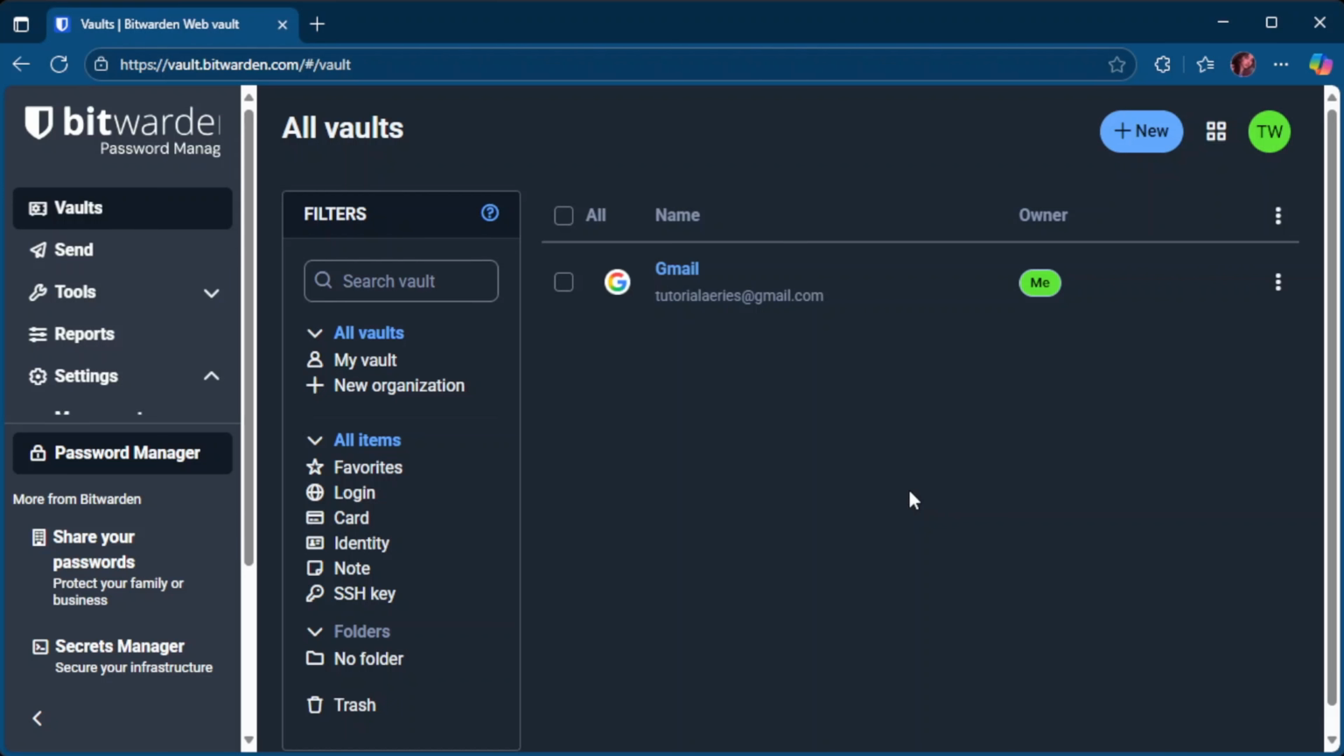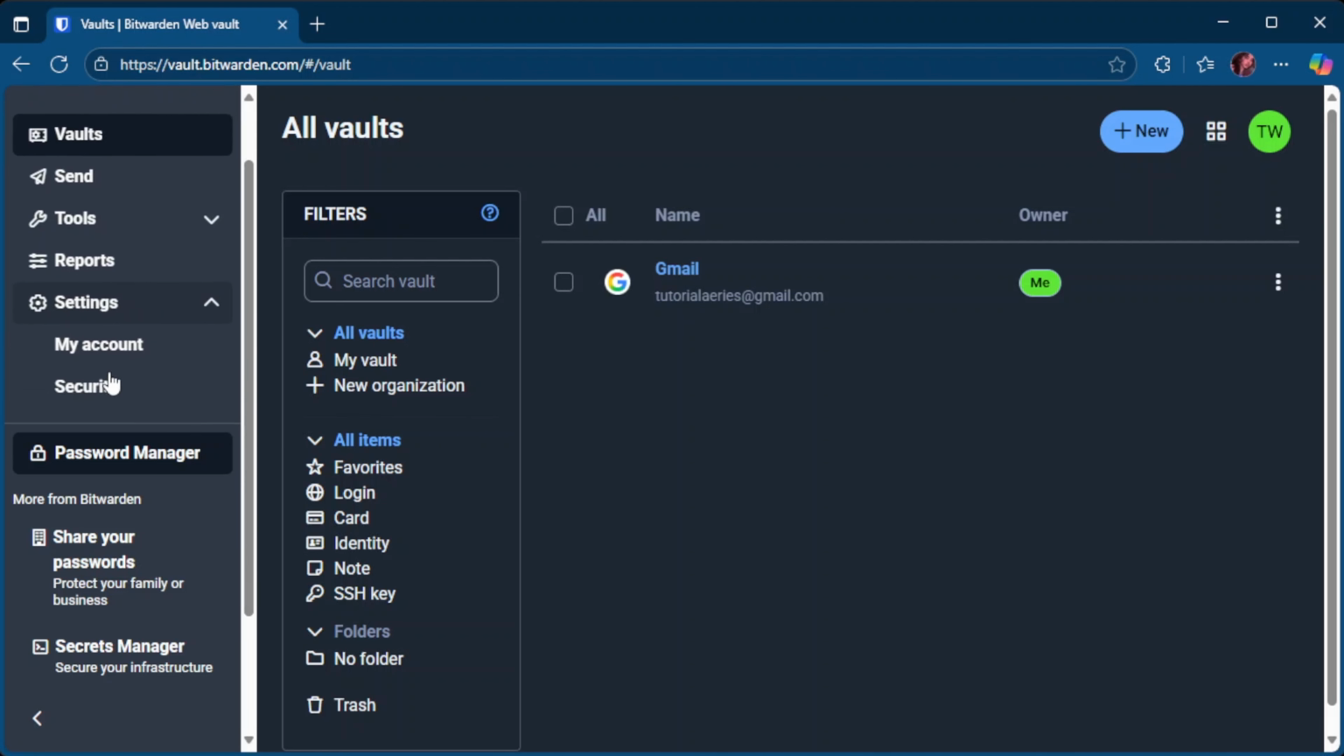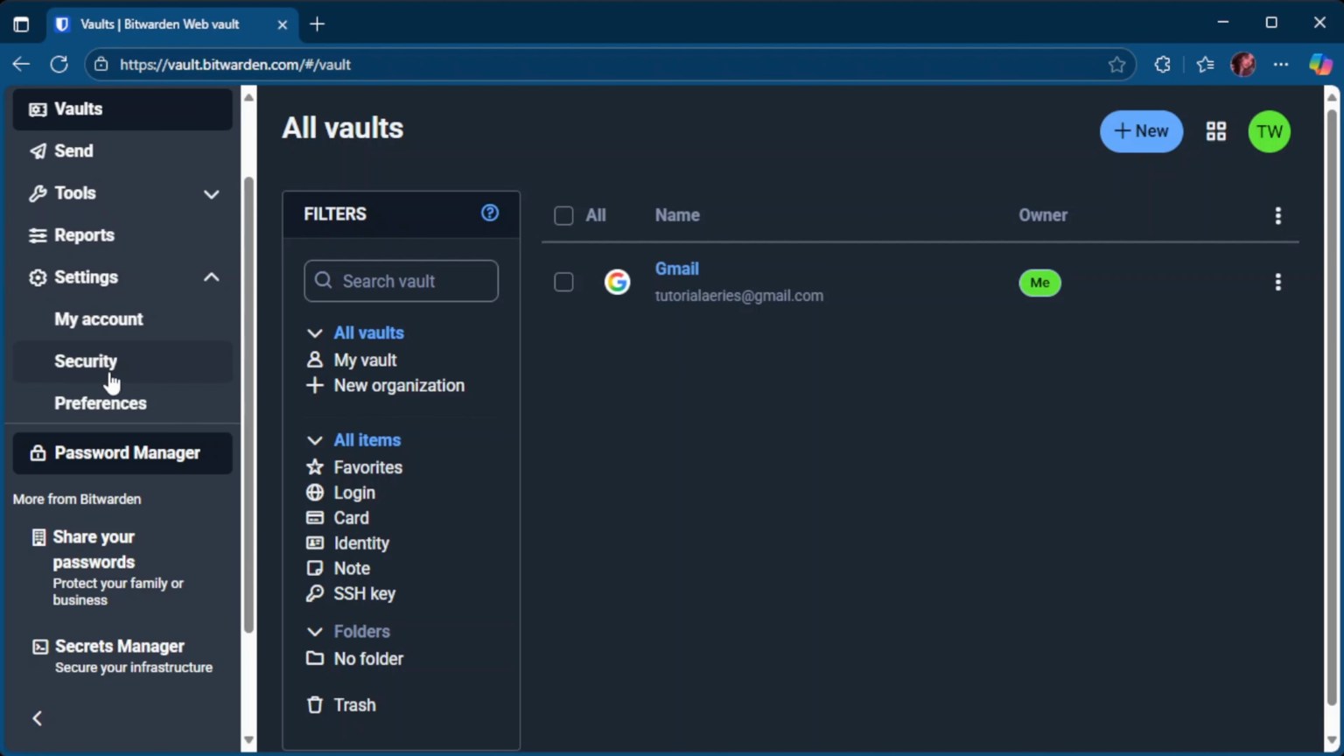In today's video, I'm going to teach you how to set up Bitwarden two-step authentication using Authy. So let's get started. First, you'll want to navigate to the Bitwarden web vault. Open your preferred web browser and enter the URL for Bitwarden, taking you straight to the web vault interface where